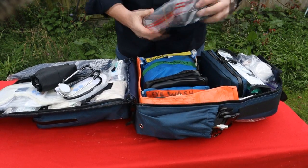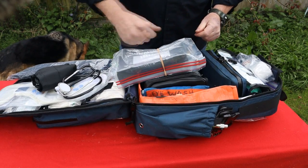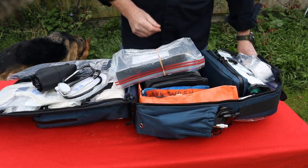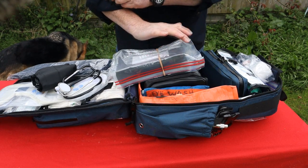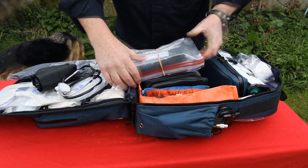Okay, you can never have enough gloves. I've just got a box of gloves. Sometimes you can be on scene and you can give gloves out to other people, but for whatever reason, I like to put 2 or 3 pairs of gloves on before I commit to scene, and that way when I go from patient to patient, I just take a pair of gloves off,